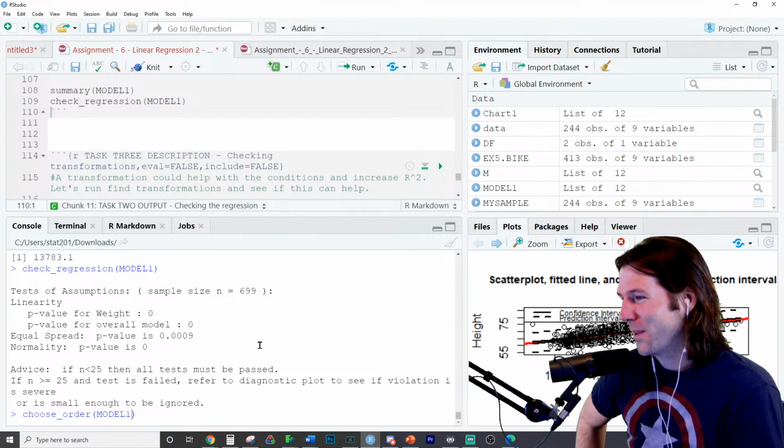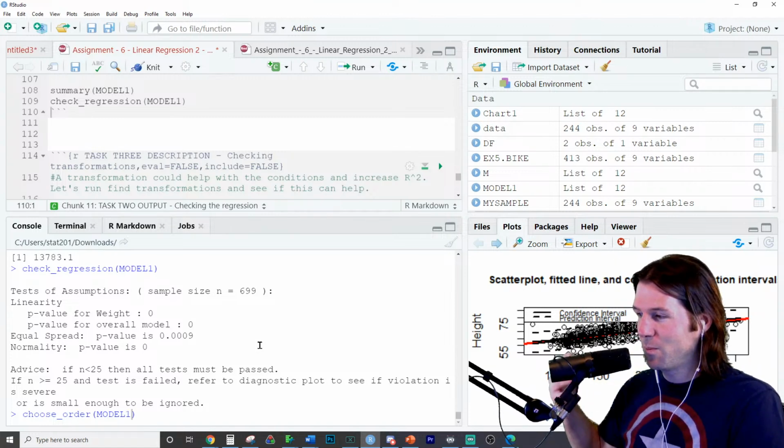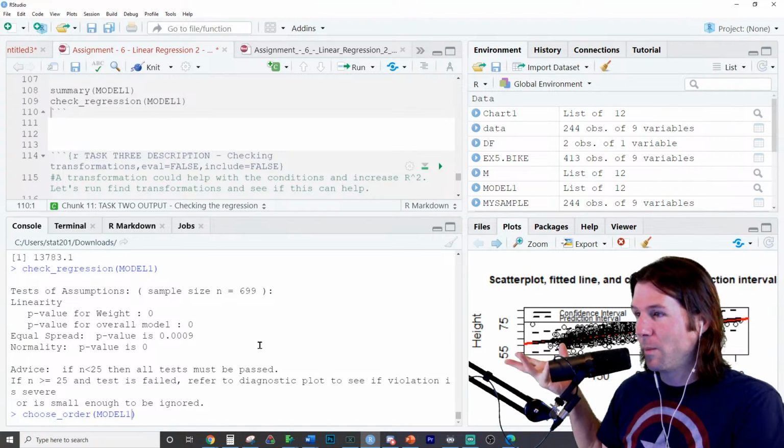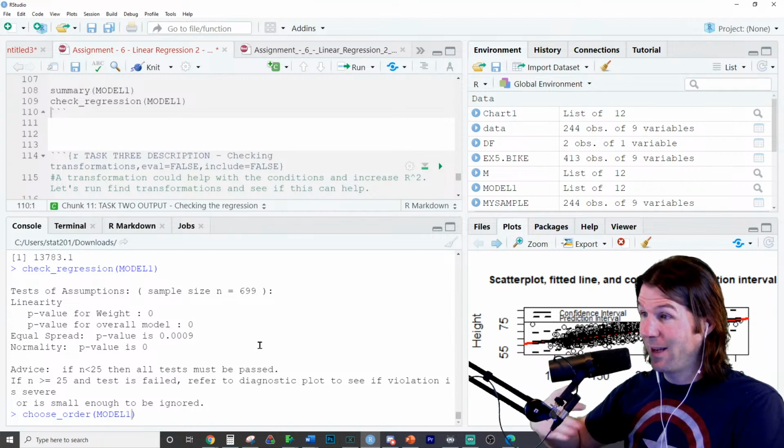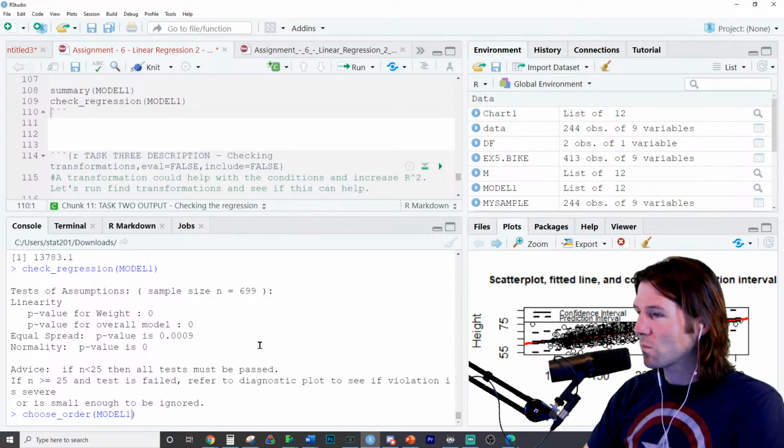So you have to debate it. You have to explain. Does that make sense, Kayla? You can't just say this model's good or bad and then get all the points for these questions. You need to go through the conditions and make clear, like the rubric outlines, linearity, equal spread,